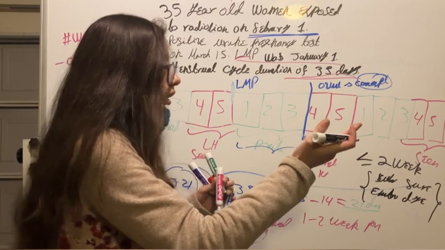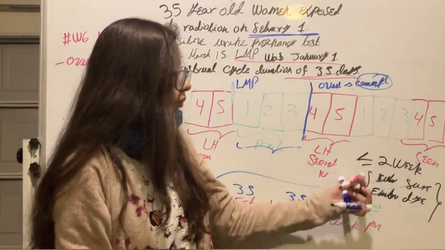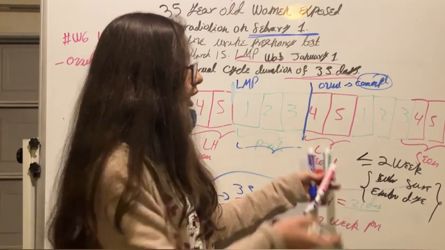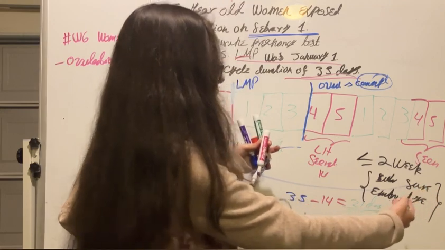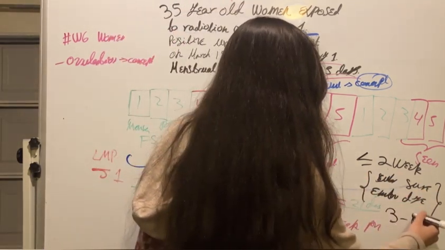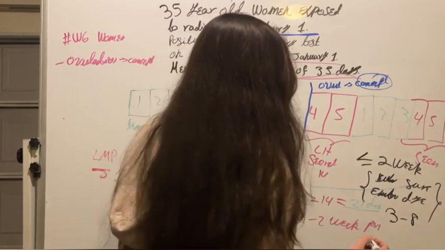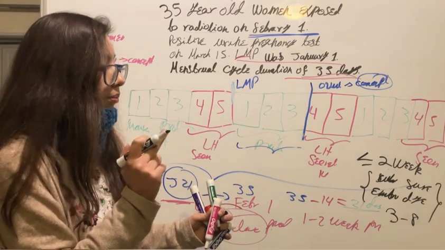So if the woman is exposed to a teratogen before 2 weeks, it is pretty much all or nothing. The embryo will survive or the embryo will die. Between 3 to 8 weeks of gestation, again starting from last menstrual period,